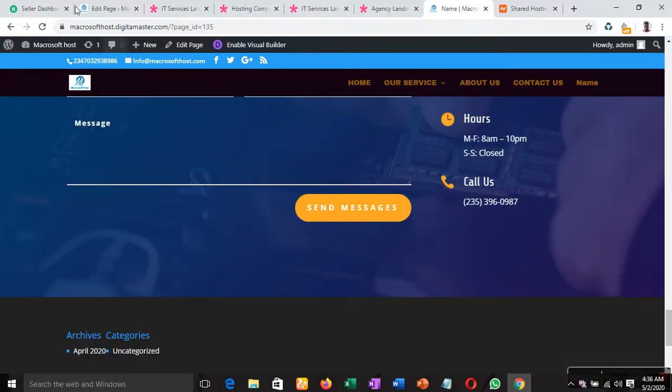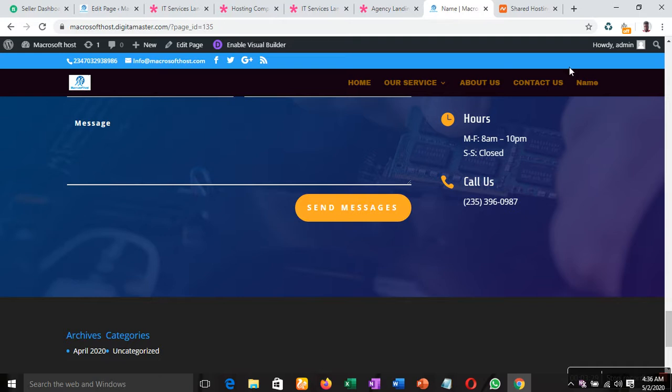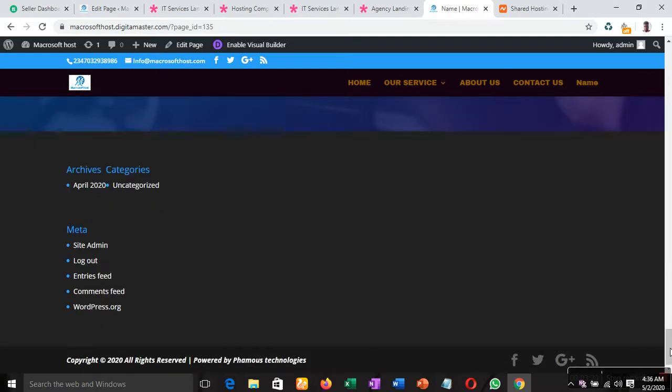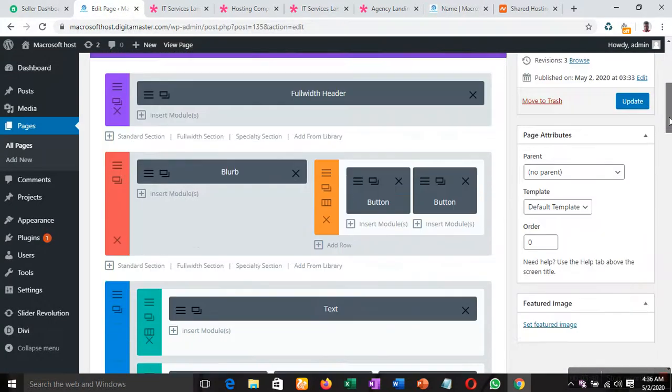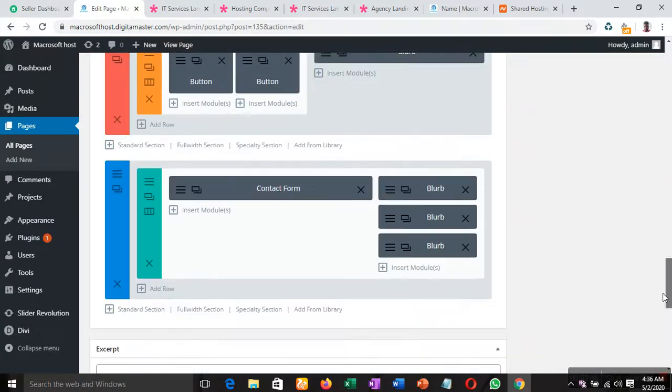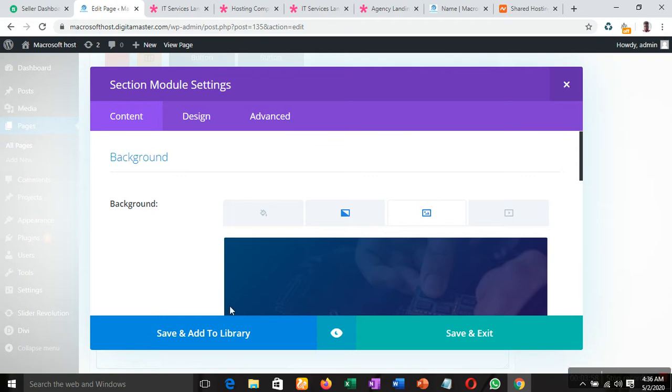So now in this area, let me go straight to where I want to copy. I think it is the last element on this layout. Can you see it is the last element? Just go down. So now I want to copy it. I think this is the area now. This is the area of the team I want to copy. So click on this back settings. Click on save to the library.